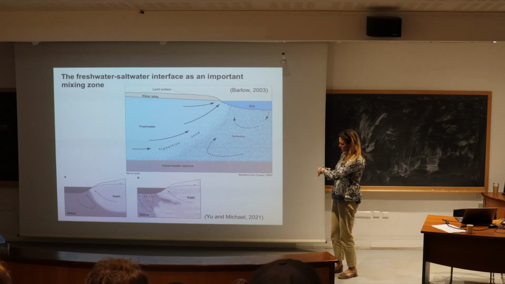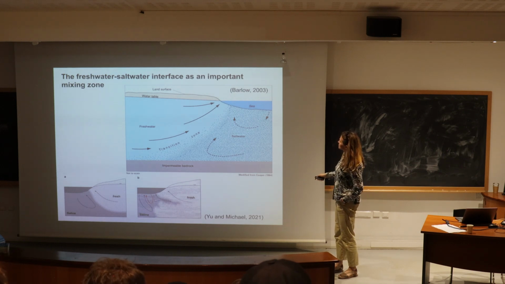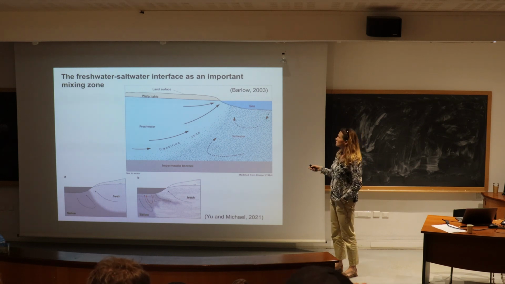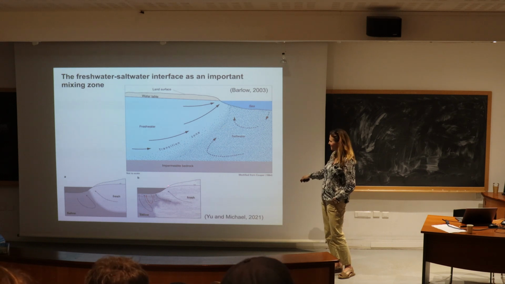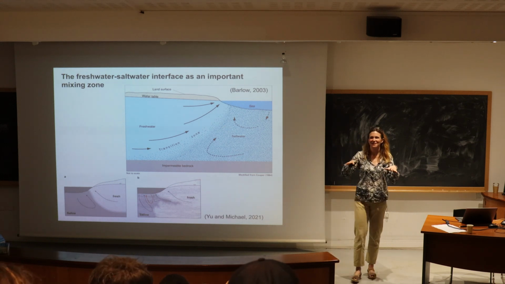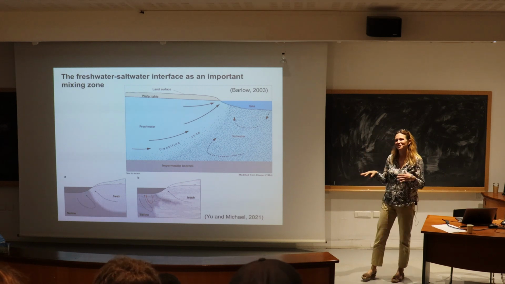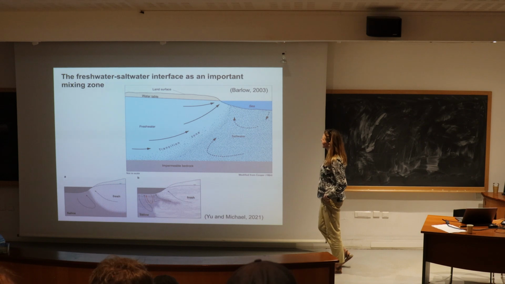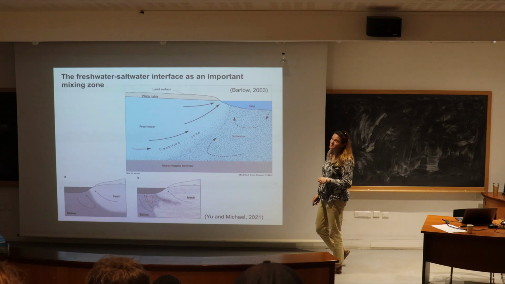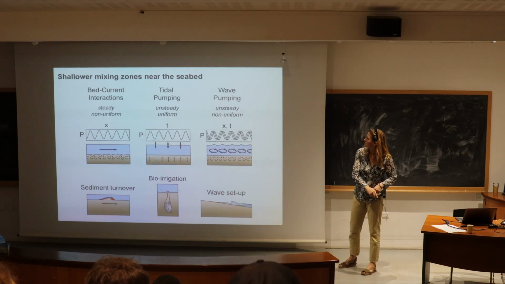Okay, let's see, we have just a little bit more time talking about mixing zones. This is one of the biggest mixing zones that forms in a coastal site between the freshwater lens and the saltwater that's recirculating underneath the seabed here. It never looks this perfect. It usually is highly interfingering due to geologic heterogeneity. But this is an important area in the subterranean estuary. And we can actually try to estimate the depth to this mixing zone. If we have time, I'll do that in just a minute.